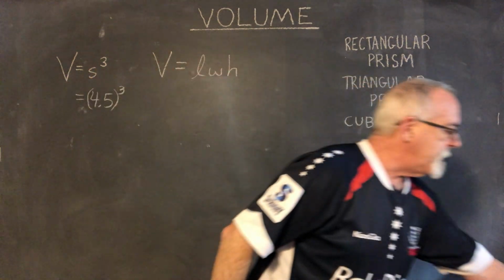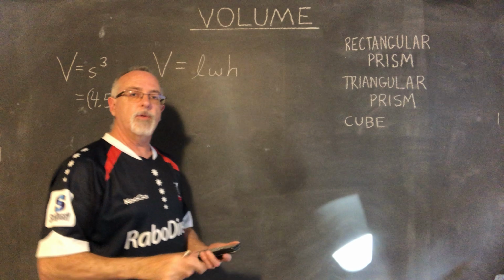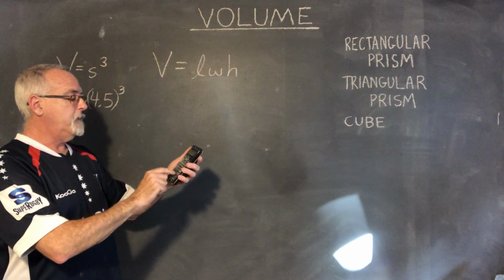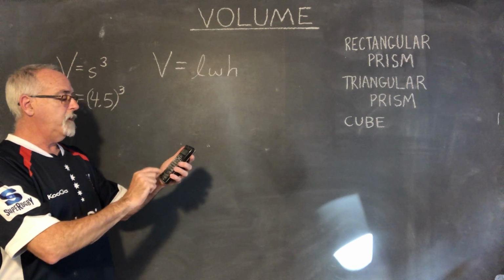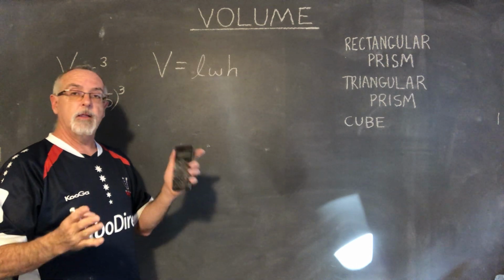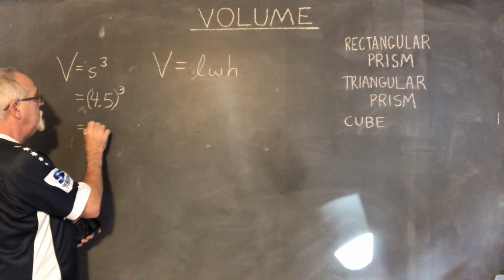Which means I can find the answer in more than one way. I can do 4.5 times 4.5 times 4.5 equals 91.125, rounding to the nearest tenth, that will be 91.1